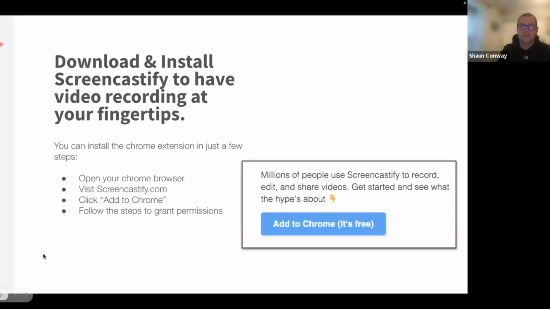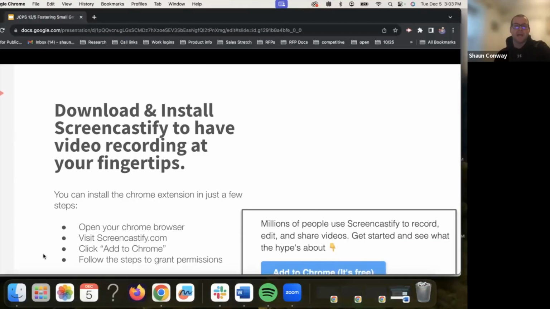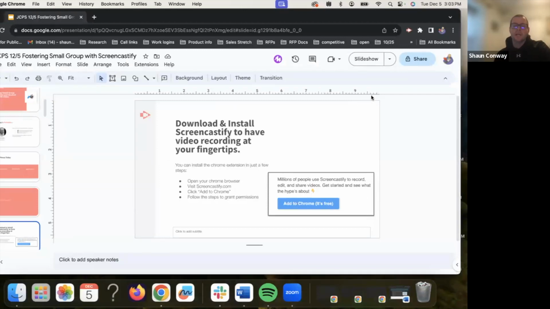So we will start with small group instruction, but before we do that, this is the kind of cursory reminder to double check that you have Screencastify as an extension on your Google Chrome toolbar. So we are a Google Chrome extension, as you all know. As teachers of JCPS, you have unlimited access to all things Screencastify. And so if you look up here, depending if you have yours pinned or not, you should see an orange-ish arrow. That is the Screencastify icon.